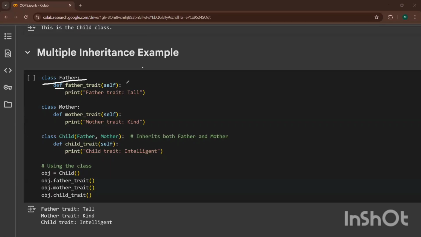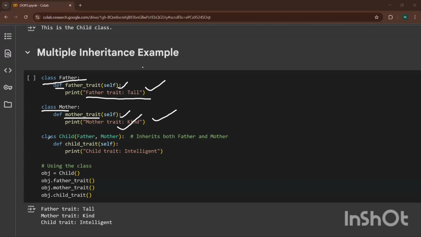Def father trait self, just print: father trait is top. Then create another class, Mother. I'm not inheriting; these are two individual classes. Father class is individual, mother class is individual. I'm not inheriting both of them together. Def mother trait self: mother trait is kind.